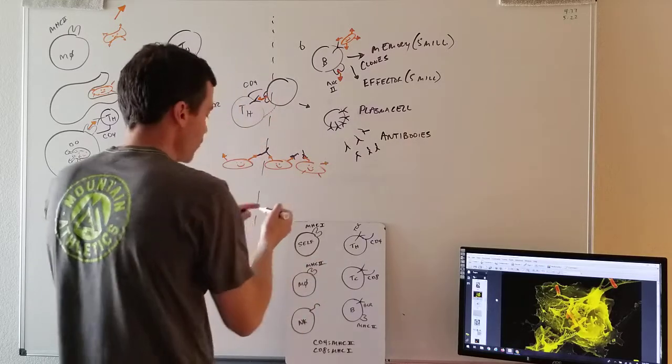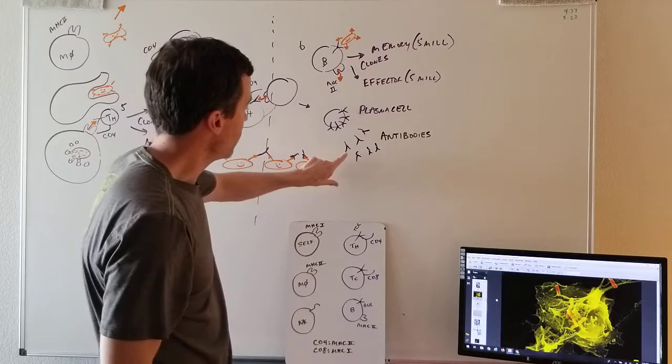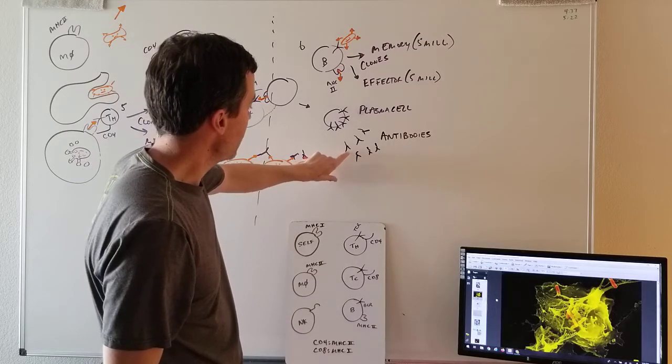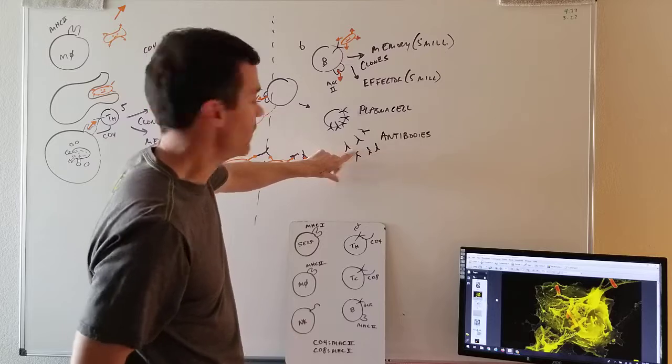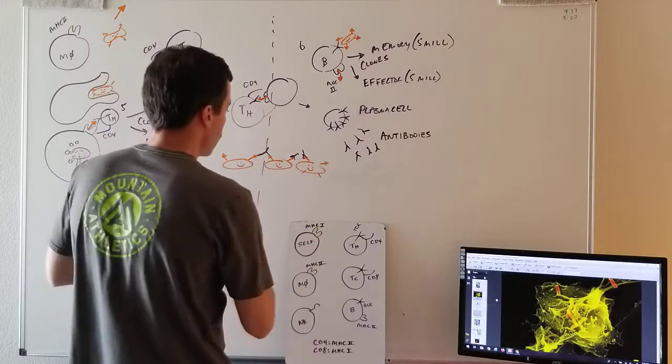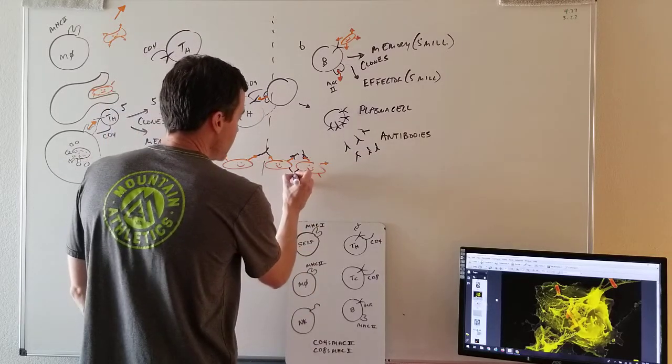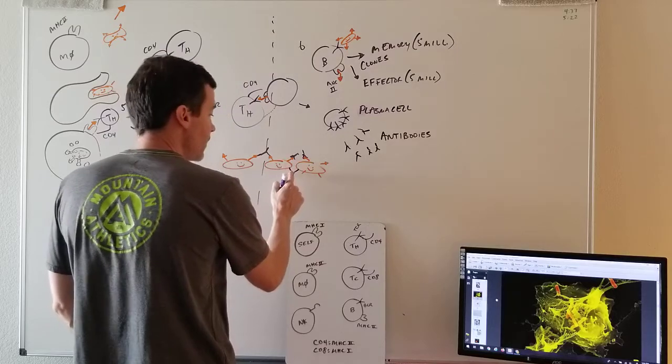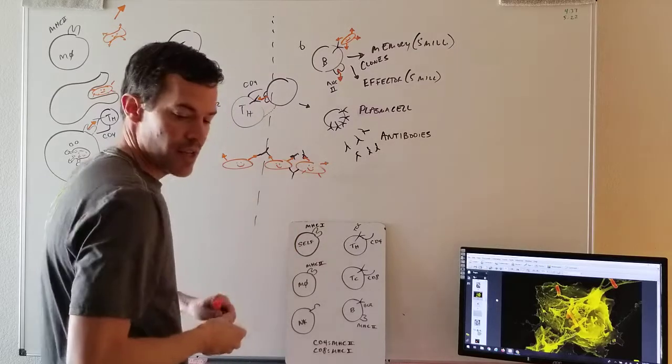Technically, I guess the way that I drew this isn't perfect, but technically one part of that antibody can stick and the other part can stick also. They're bivalent. So you can actually get to where like I can have an antibody and it's sticking to one bacteria here and another bacteria here. They call that